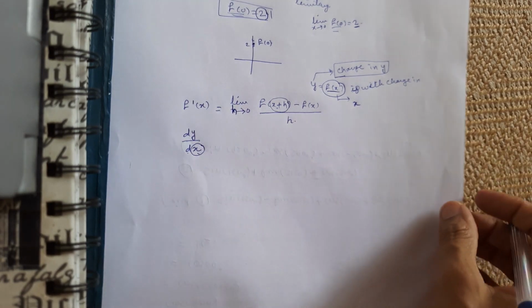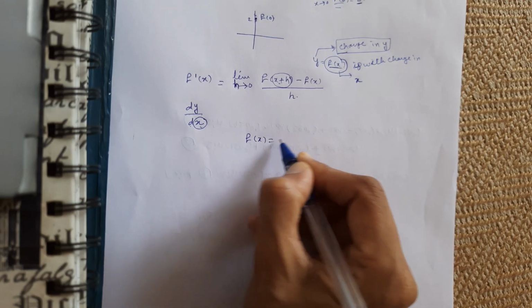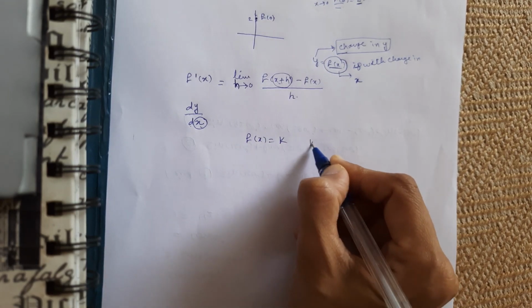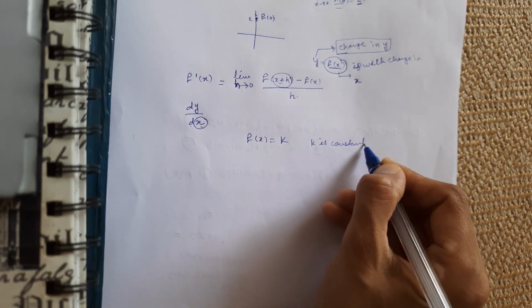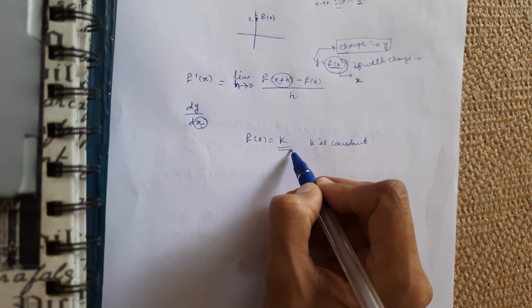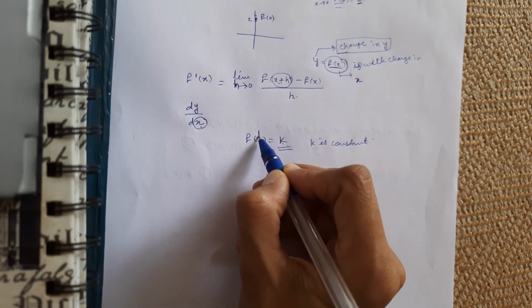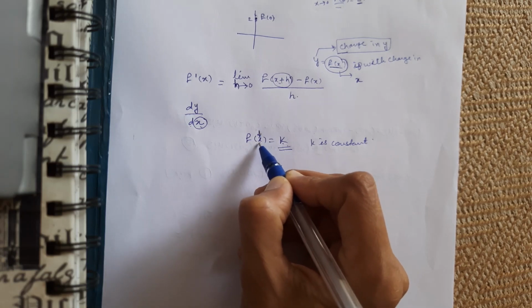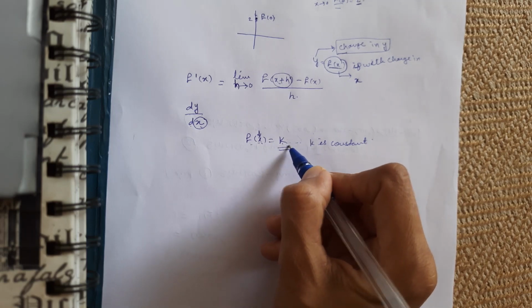Okay, so I will just show you that suppose my function f of x equal to k, where k is a constant. How will you identify whether the function is constant or not? Here I don't have any x term. On this side I don't have any x term. So this is constant and my variable is x here. From this f of x, x is my variable and I don't have my variable here. So this is the constant function.